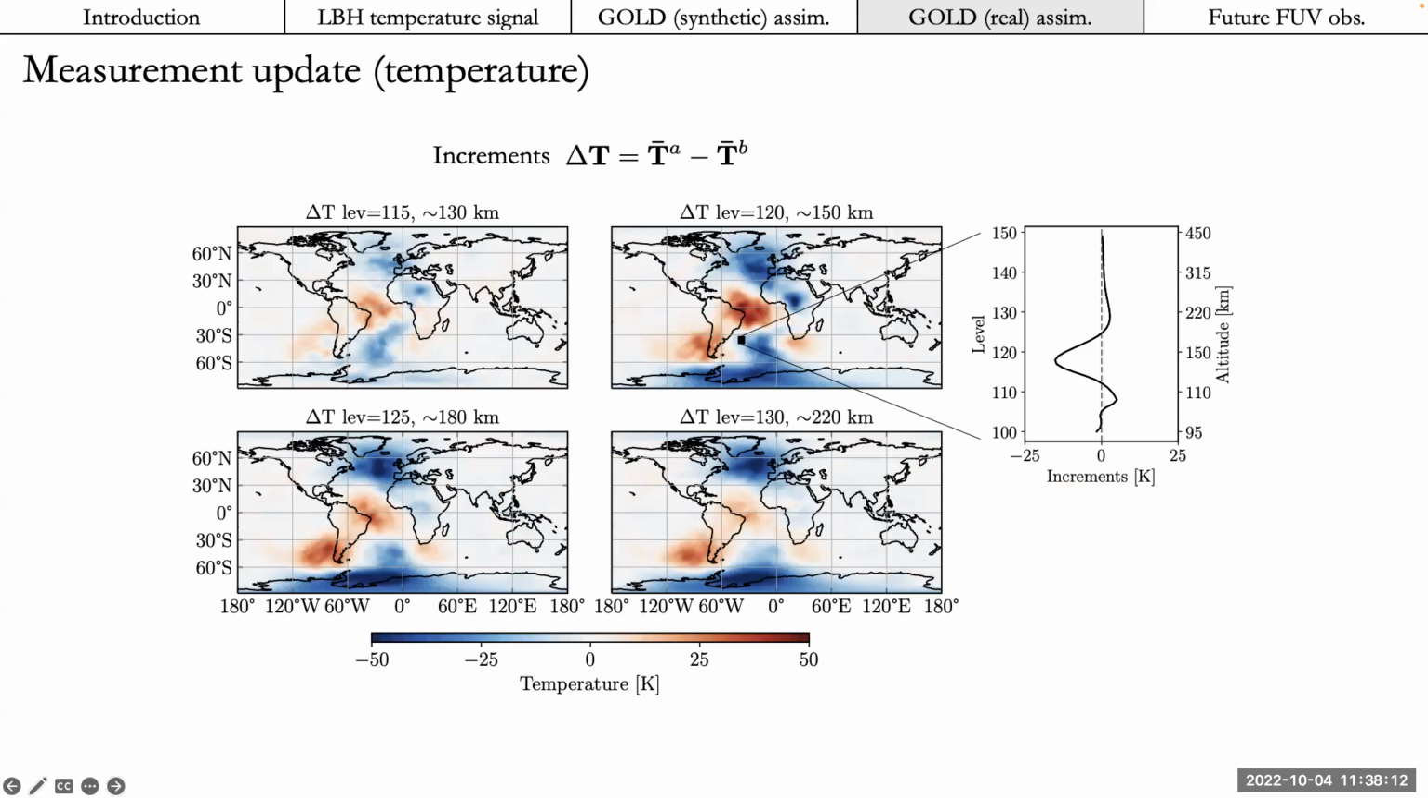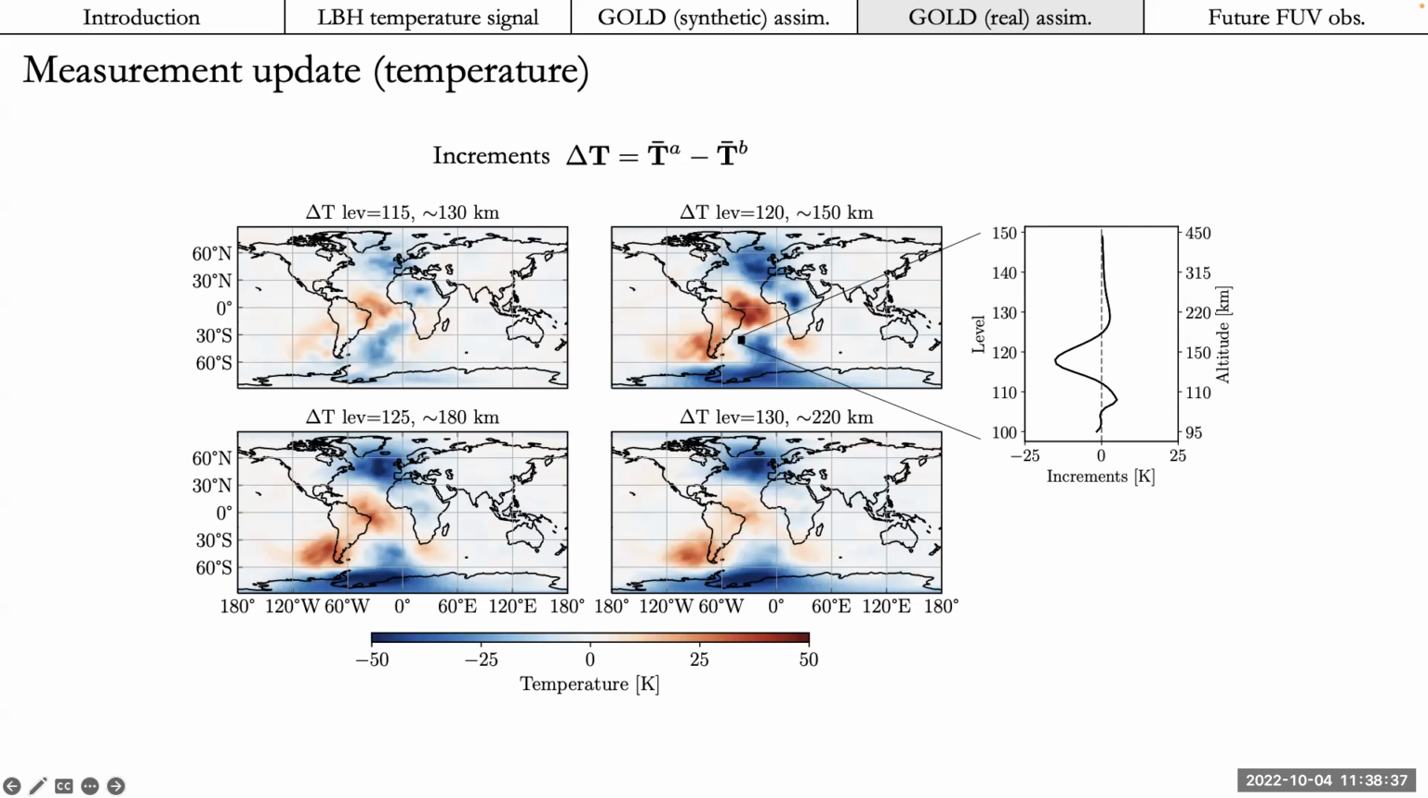You can see that the updates are localized around the observation locations on the day side, which is controlled by a horizontal localization parameter. There's still quite a bit of work that needs to be done to tune this localization parameter. Right now, it's a static value, but I think in the future, it's going to have to be a varying value. But anyway,